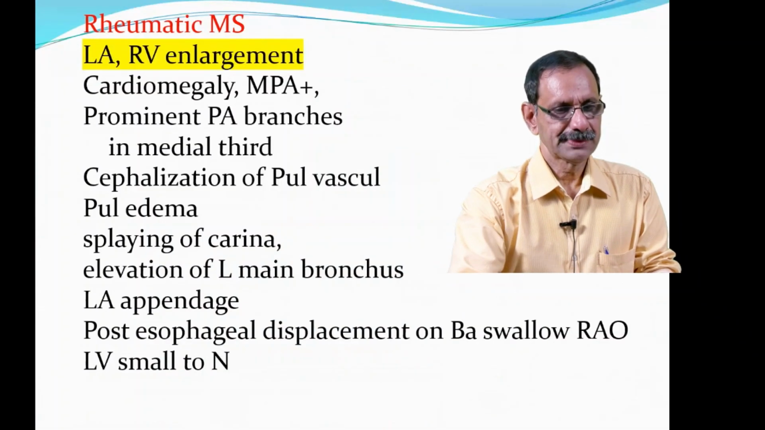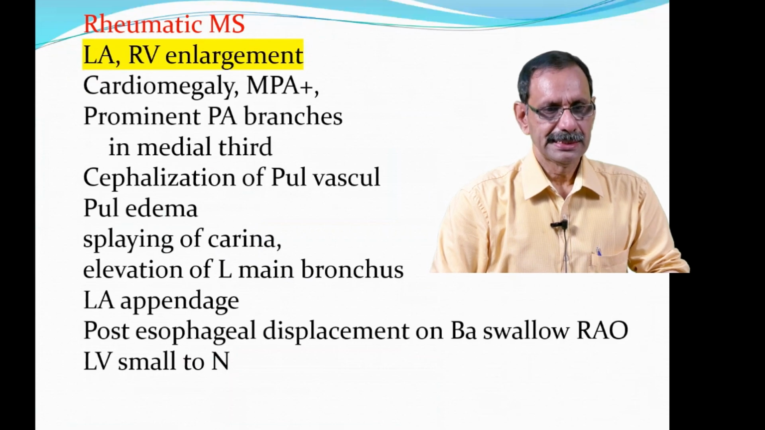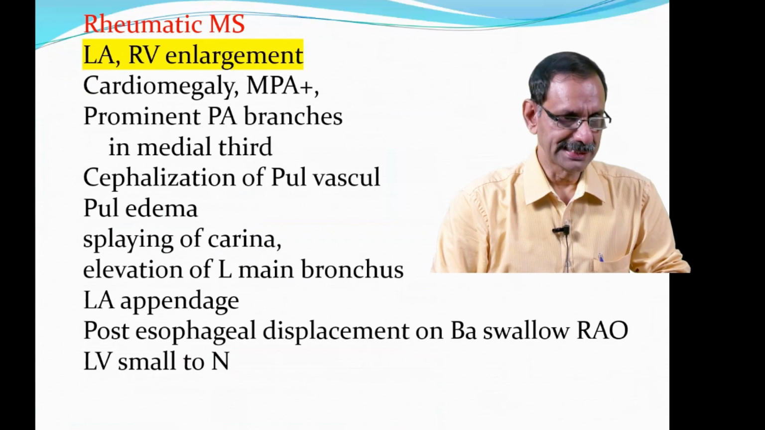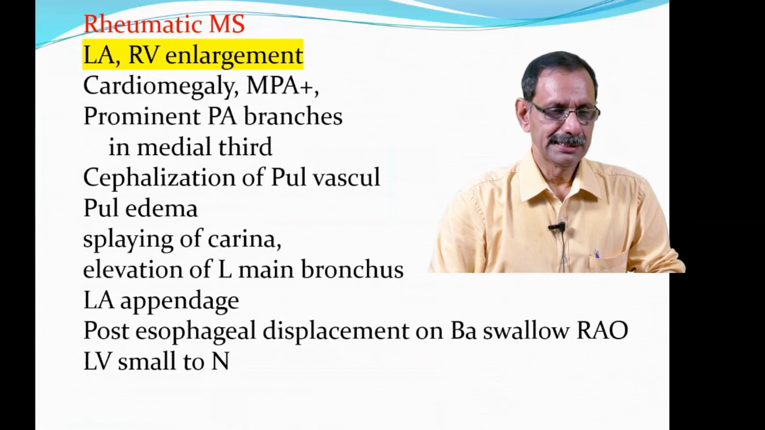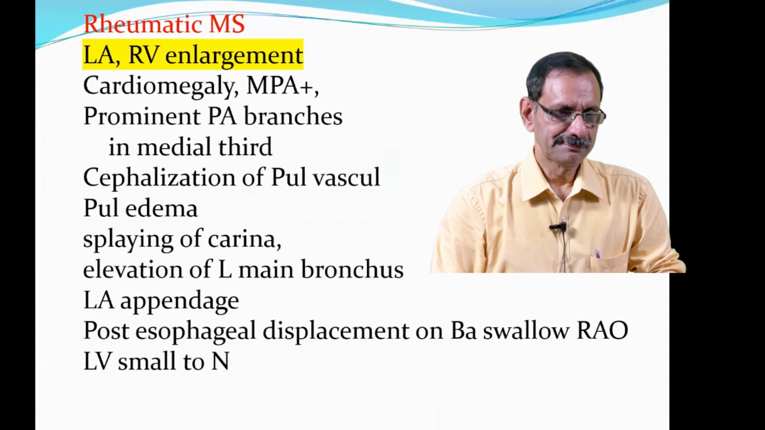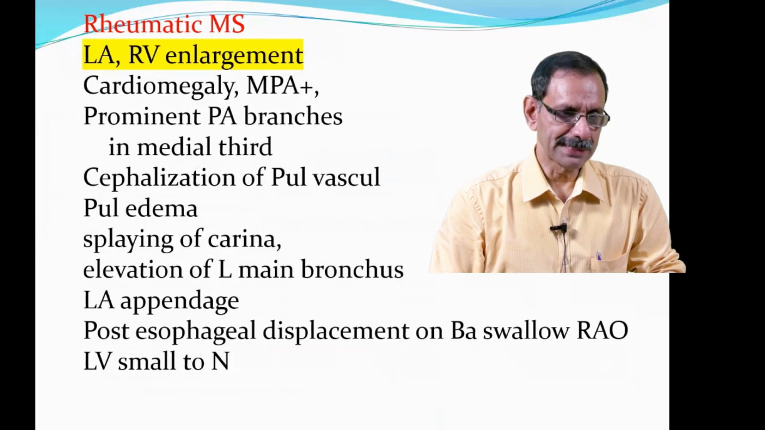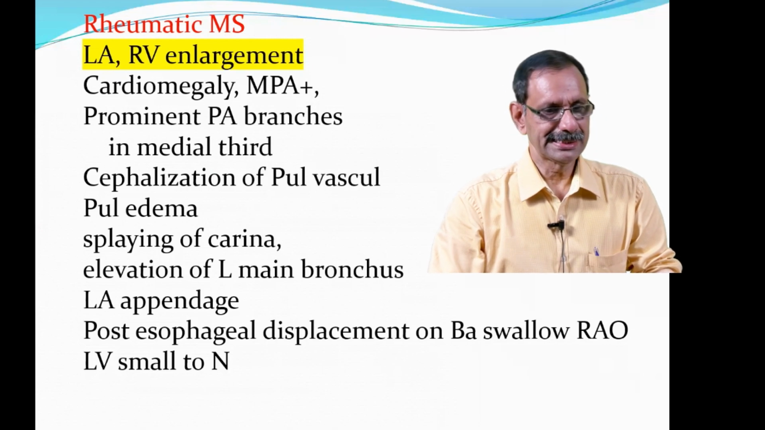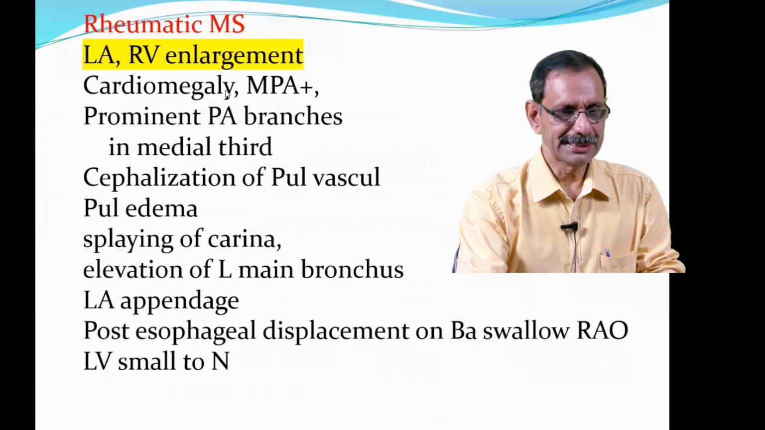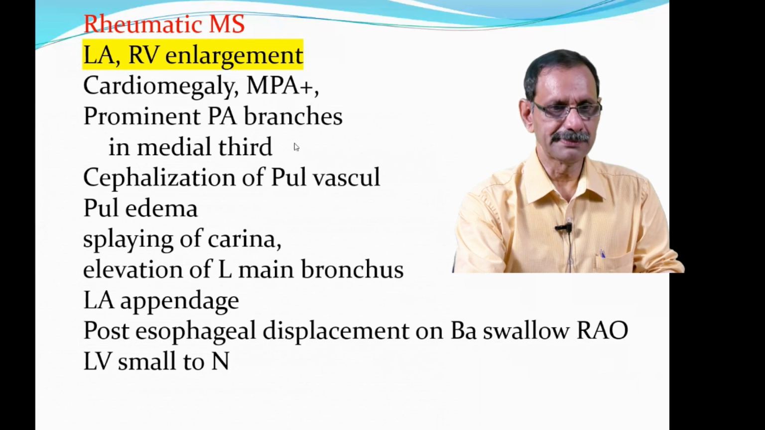Now the rheumatic mitral stenosis: left atrium and right ventricle are enlarged. Why? Because the block is at the mitral valve, so from the left atrium blood cannot go into the left ventricle. So there is a back pressure, pulmonary venous hypertension, and a protective pulmonary arterial hypertension, hence right ventricular enlargement and hypertrophy. So these are the features of rheumatic mitral stenosis, where in the X-ray you will find cardiomegaly and a prominent main pulmonary artery,